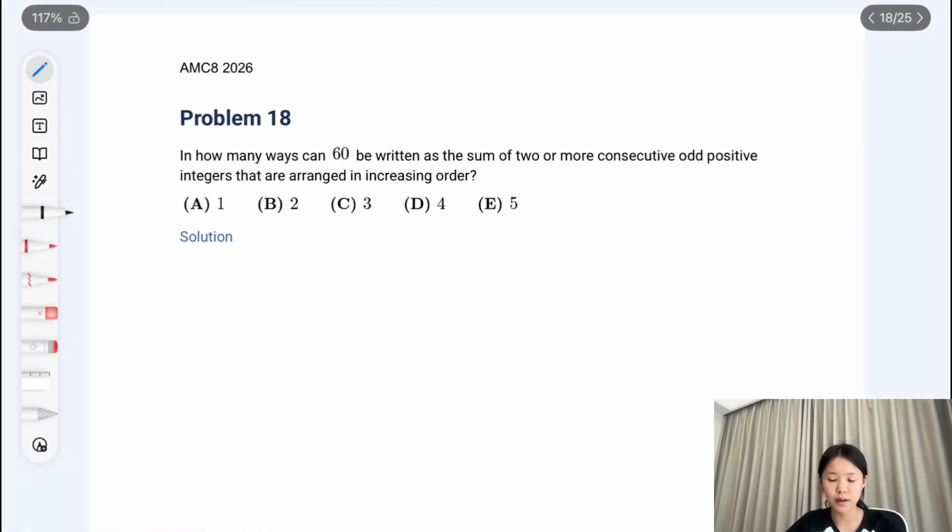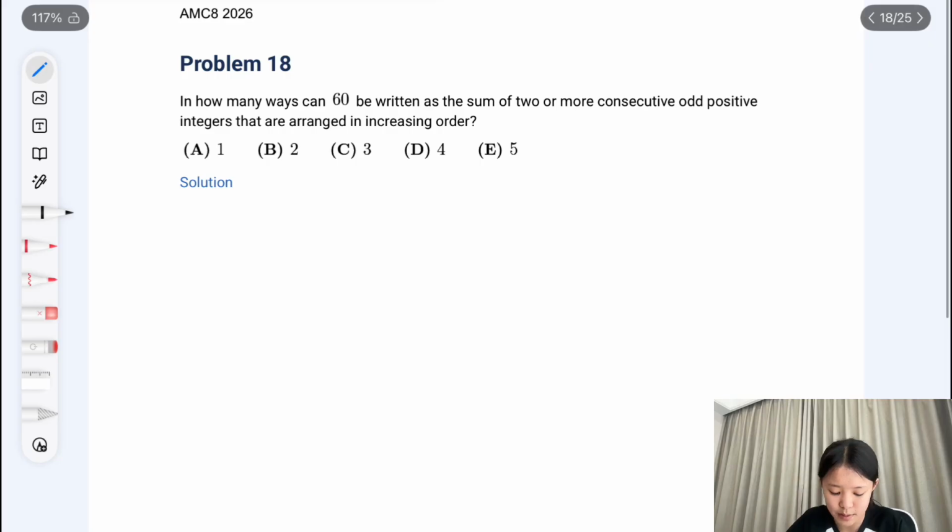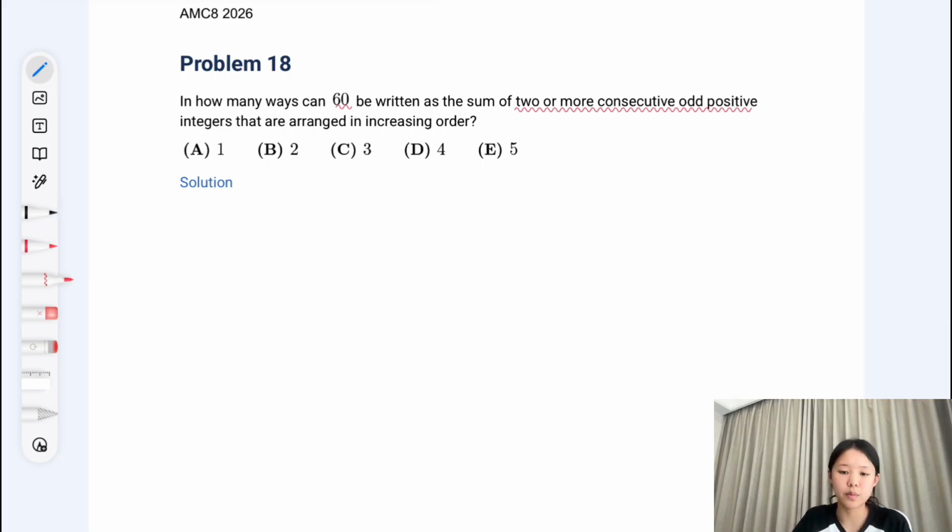So question 18. In how many ways can 60 be written as the sum of two or more consecutive odd positive integers that are arranged in increasing order? So consecutive odd positive integers, what that means is that between each of these integers, you're going to have a gap